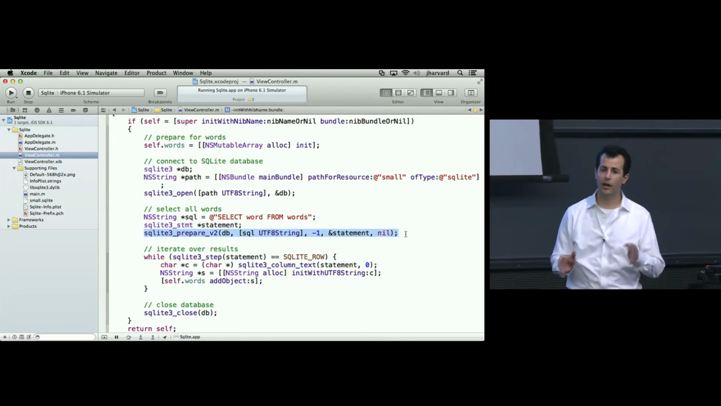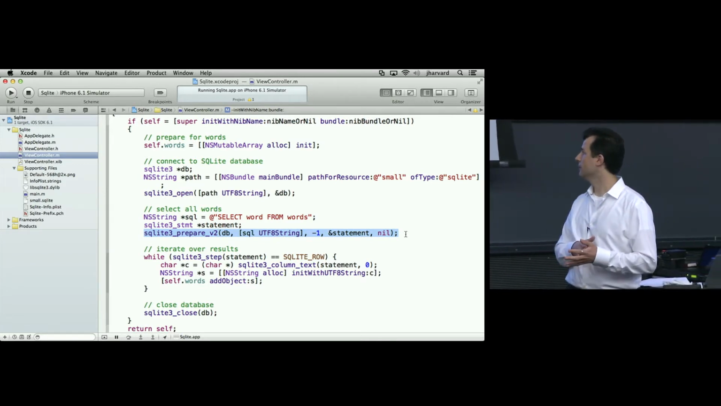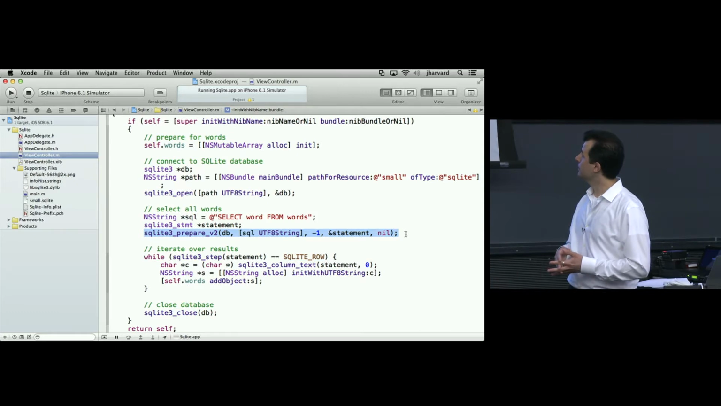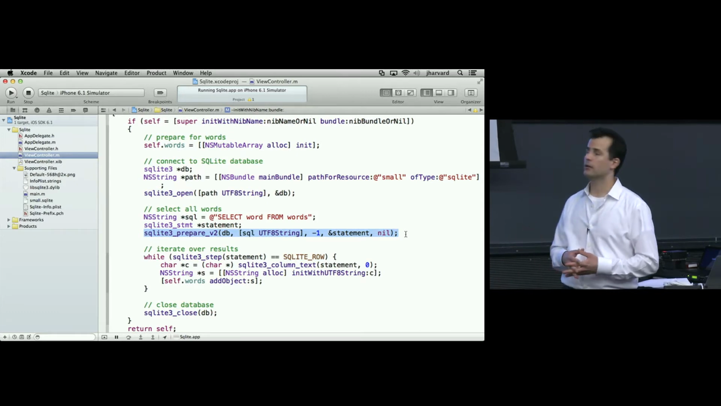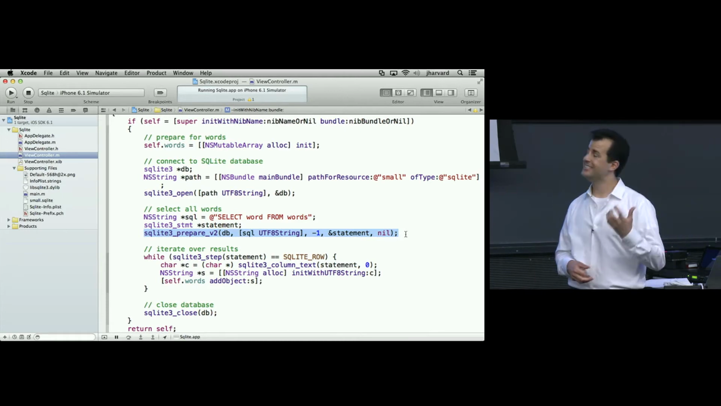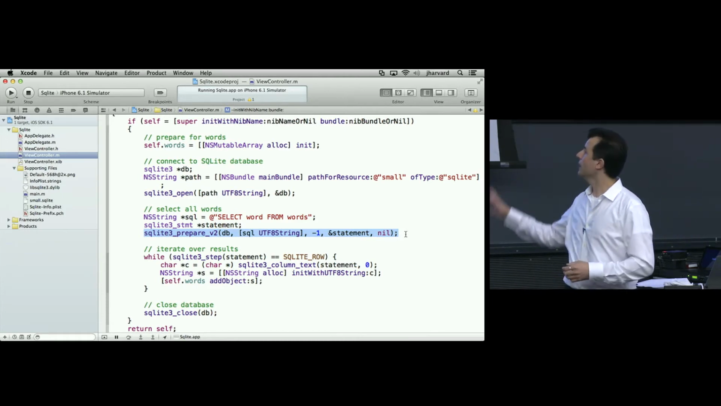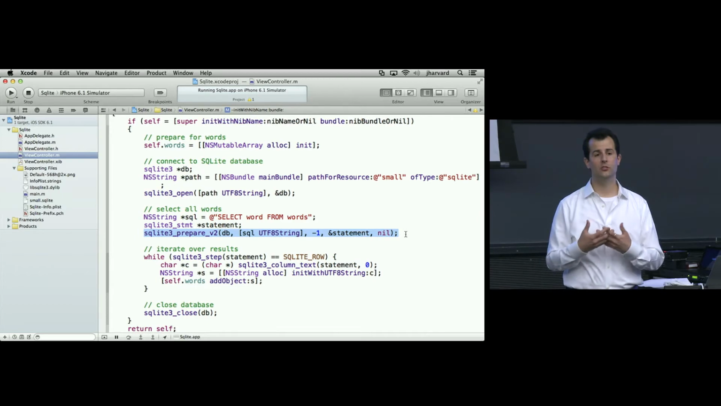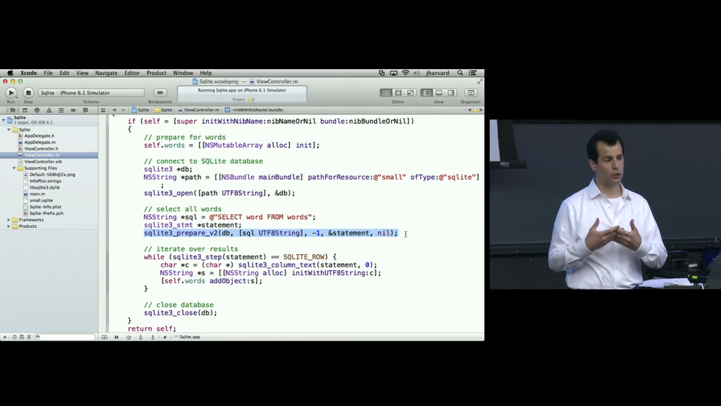sqlite3_prepare_v2. This is what happens when you don't really plan your functions ahead. The names get like this. And then I'm passing in a few values, again converting from an Objective-C style object to a C style string. And let me wave my hand at some of the details there. But what this just means is get ready to execute the previously declared query. Select